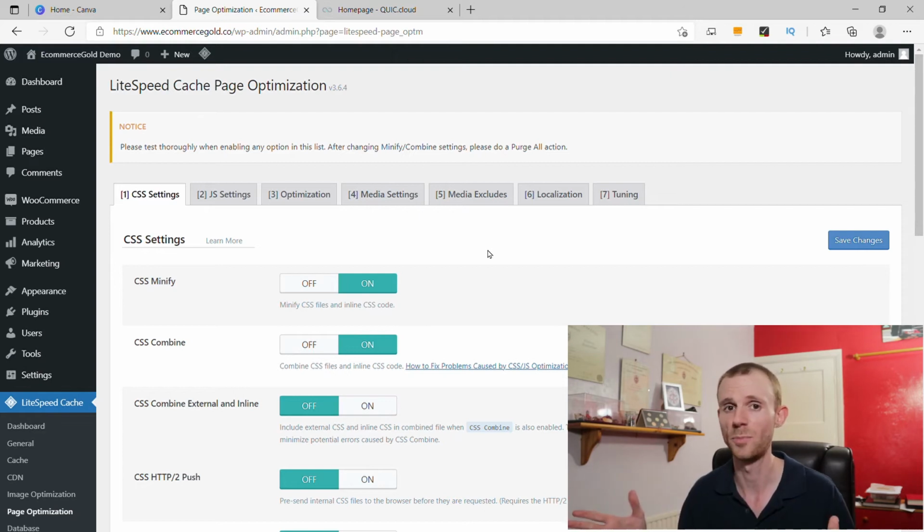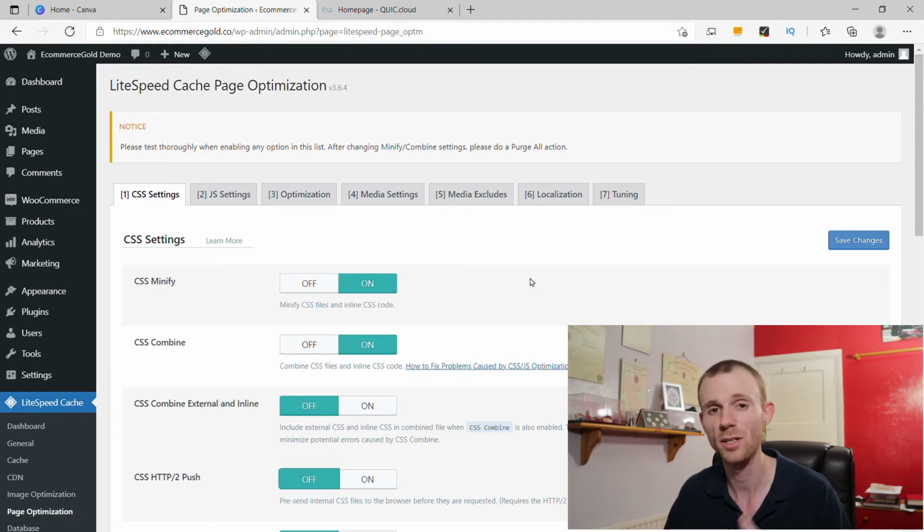I've got multiple WordPress sites. I use this plugin on all of them, and I've got different settings for different sites because they're using different themes and different plugins. So one size definitely doesn't fit all when it comes to optimizing WordPress sites. But when it comes to optimization, what you want to do is you want to turn one thing on at a time. So we've turned on